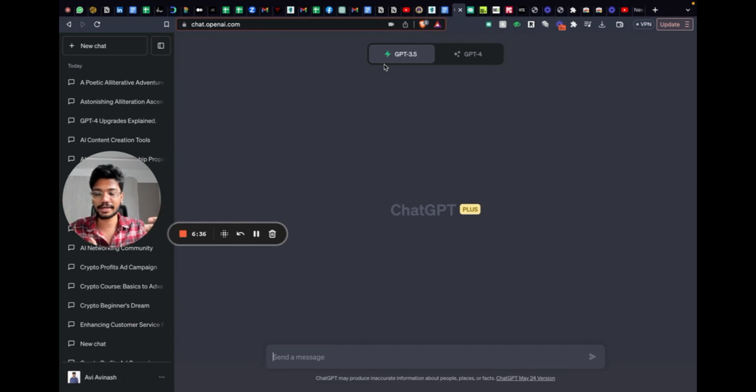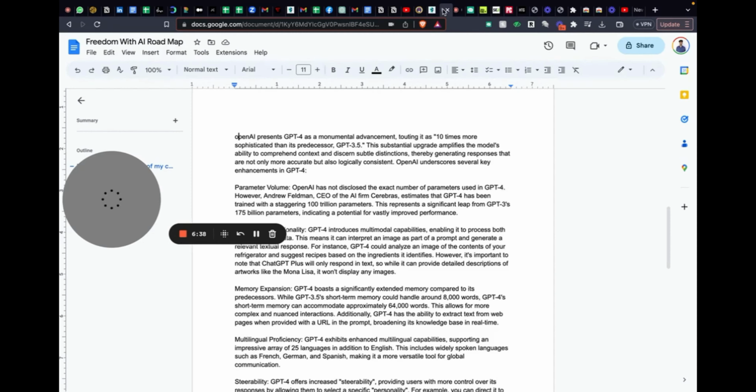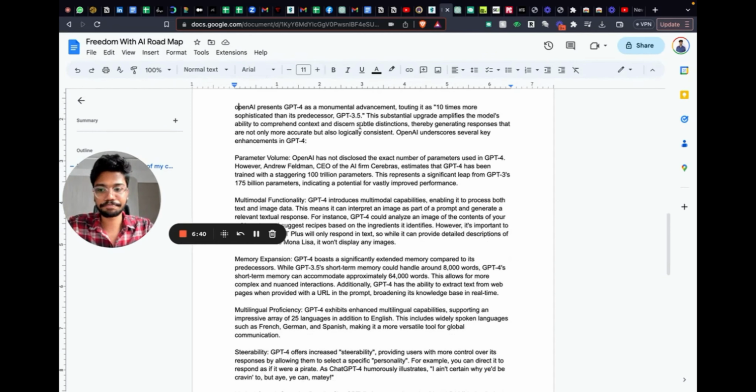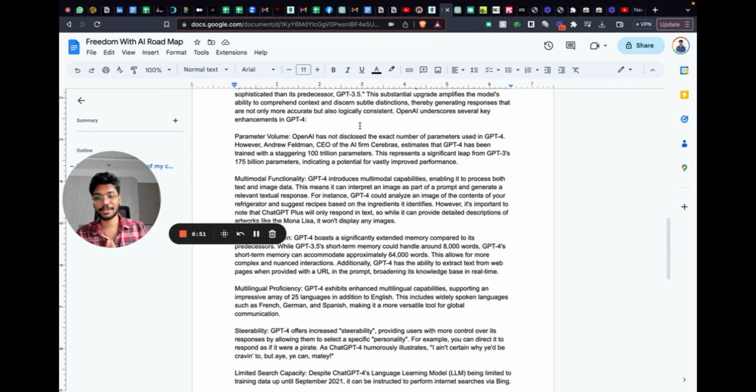So it's a lot better in that way. So I'll also show you a few more differences. OpenAI claims that GPT-4 is 10x more powerful than GPT 3.5. Then the parameters value. Remember in the masterclass, I told you what parameters are. Parameters are nothing but